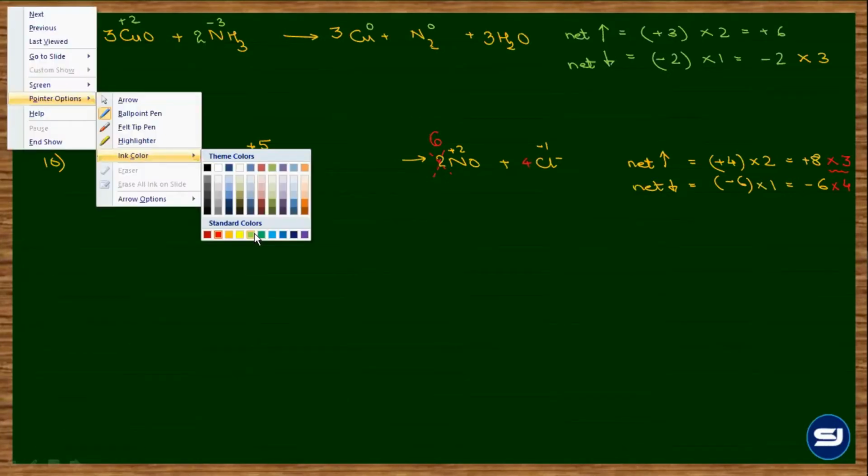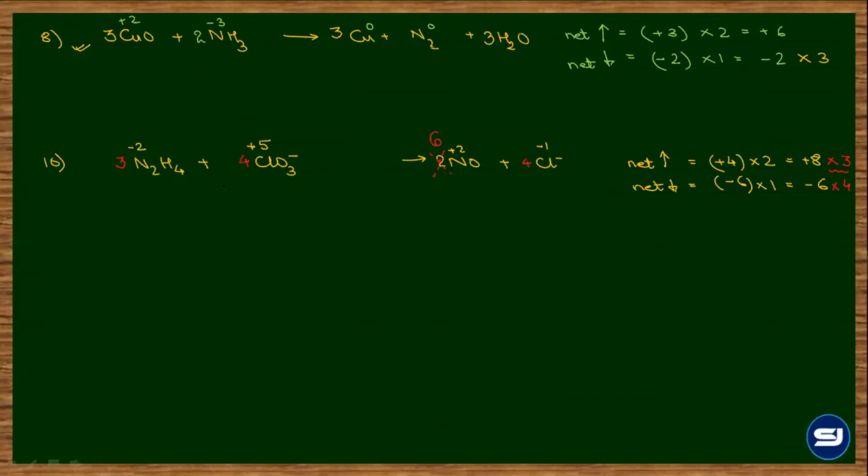ठीक है. स्टेप 4 हो गया. Yes, अब sir. स्टेप 5 के लिए ऑक्सीजन ऑन द लेफ्ट इज 12, ऑक्सीजन ऑन द राइट इज 6. So the deficiency is on the right, and for 6 you will add 6 water. उसके बाद हाइड्रोजन 3 4s are 12, and 6 2s are 12.